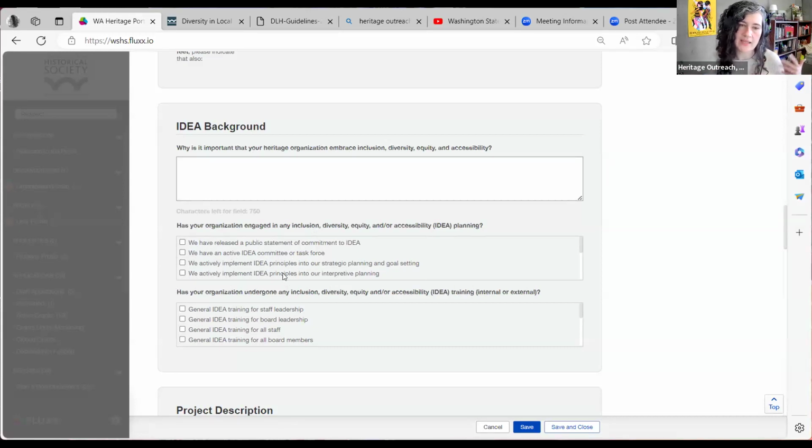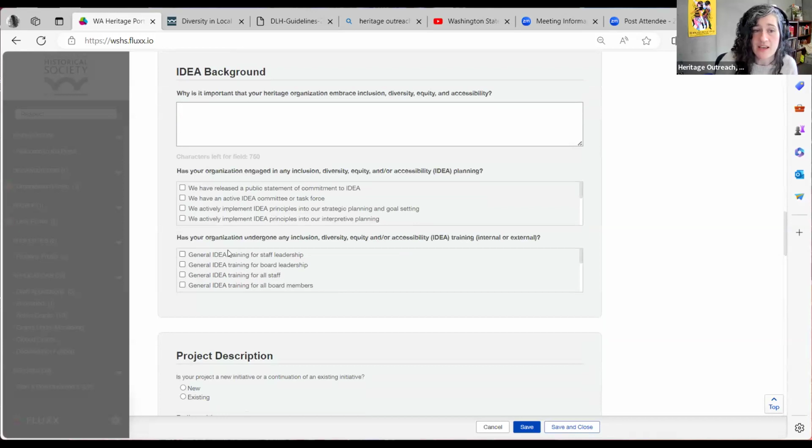So there's multiple ways where we're imagining you've been involved in something of a planning or a strategic process. But just keep in mind that this grant is not only available to you if you've done any number of these things. You could be just starting out or at the beginning of your journey. So don't be discouraged or feel like this is going to be working against you somehow if there haven't been many of these things that you could check off here.